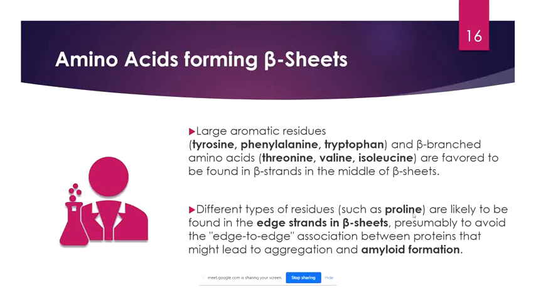Yes, sir. Okay. So that is why you see that prolines are usually present at the edge or at the end of the beta sheets, because they prevent this aggregation, not just insulin aggregation, but any protein aggregation. So usually by this method, the software or the algorithm identifies what kind of amino acids are there in your protein and then tries to develop a structure accordingly.